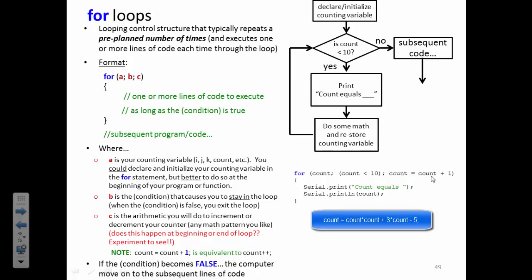I could take count squared minus 3 count plus 5. I can do any math that I would like here and assign that value into count. And that allows me to do all sorts of interesting things. But in the simplest case, I'm just counting up one by one to do something like 10 times or